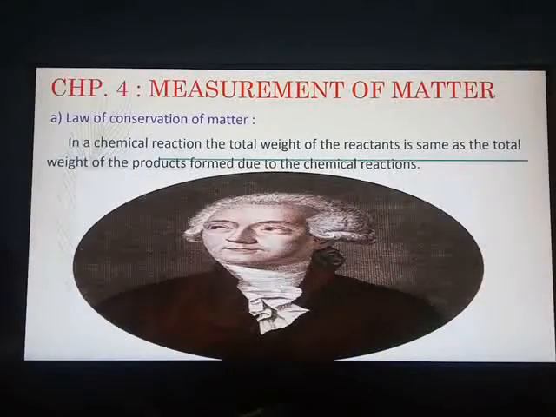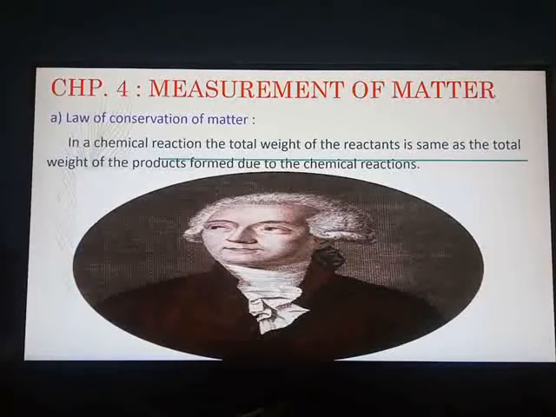In measurement of matter, in the beginning of the chapter, you are going to study 2 laws. Through the activity, we have seen the different laws. So these are the laws of chemical combination. You all know that the composition of a substance changes during a chemical change. These fundamental experiments in this regard were performed by different scientists in the 18th and 19th century. You know about it. And while doing this, what happened? They measured accurately the substances that were used and formed and discovered the different laws of chemical combination.